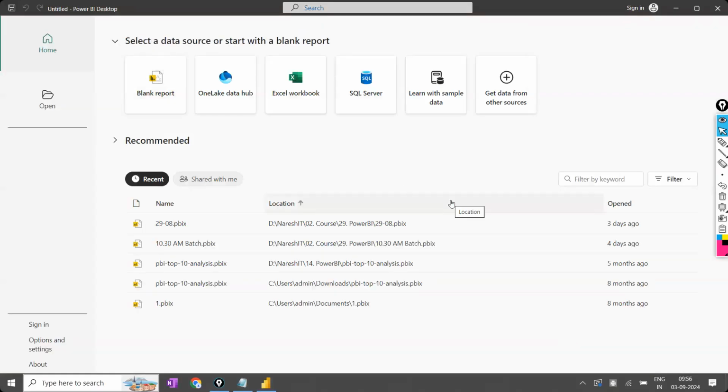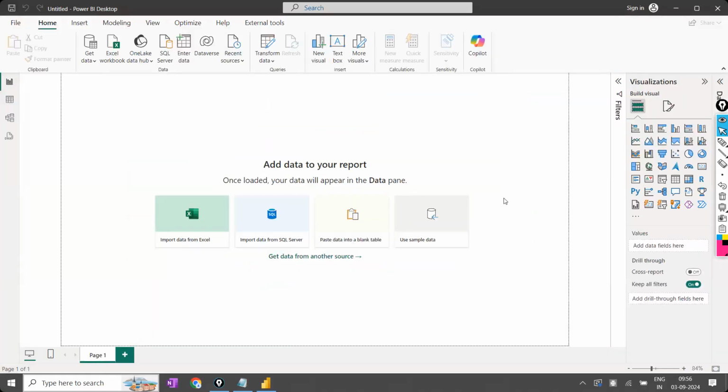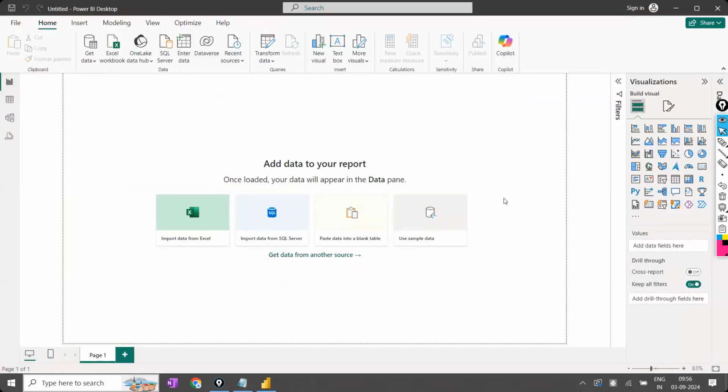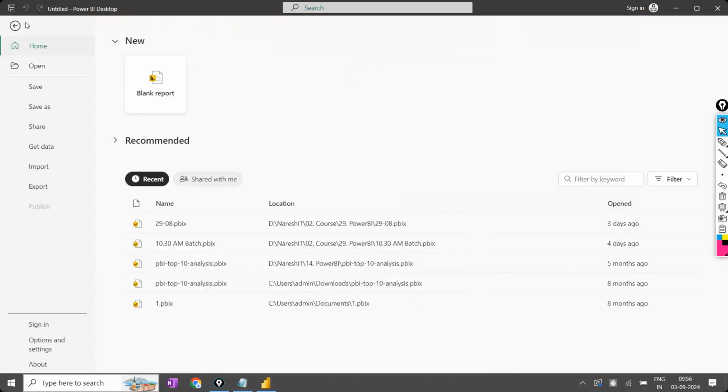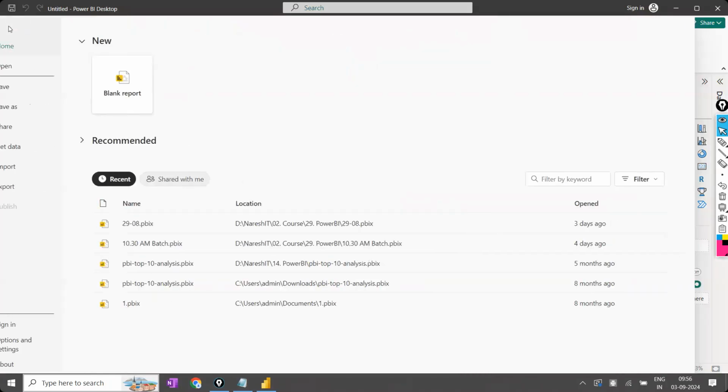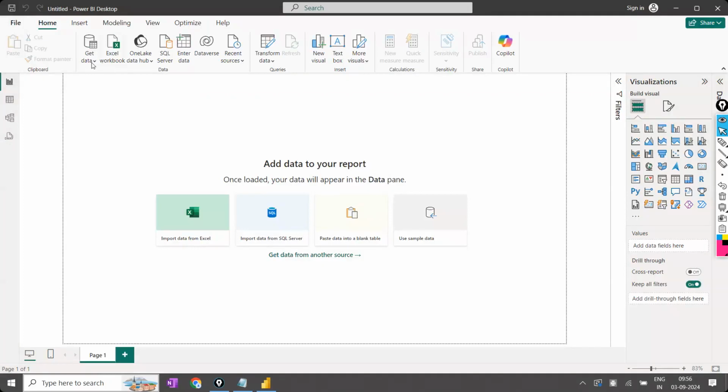So here, see, when we are opening Power BI, I can connect Power BI to multiple sources. Either from Excel, I can load the data, or I can load from the SQL server, or I can load from different places. So see here, we have Get Data, you can extract the data from various sources. The sources can be in terms of an Excel sheet. The sources can be a database. The source can be in terms of cloud, like this. Almost 50 plus are there, more than 50 plus are there.